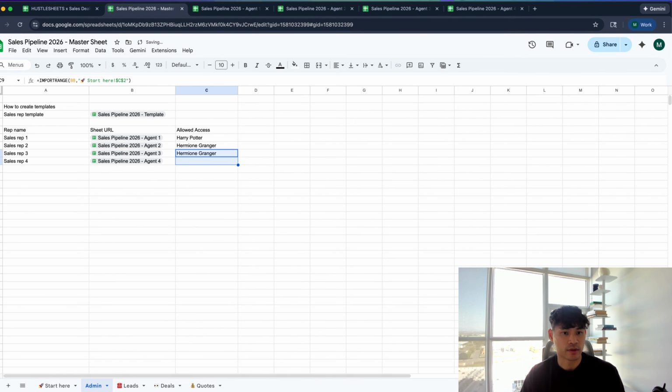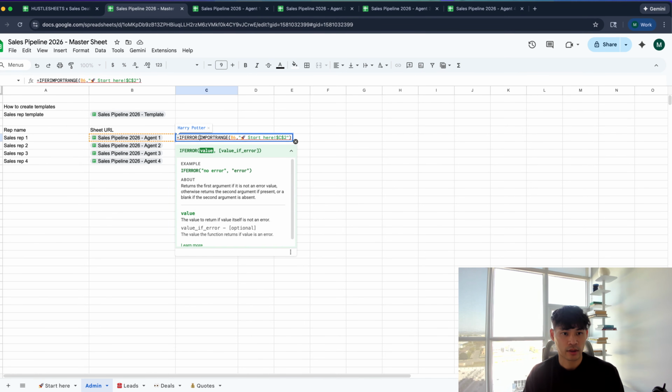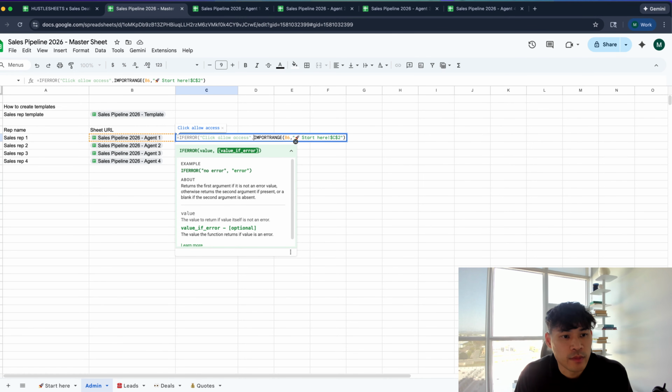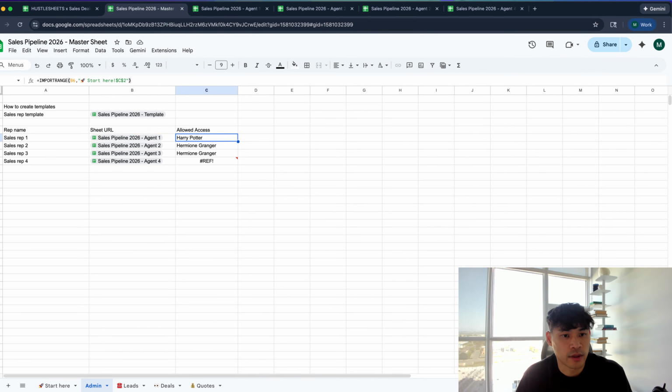Then what will it say? So it'll say hit allow access, allowed access, and then we can say if error, we can say click allow access. Value. Wait, how does this work again? So if, okay, so I'm going to say if error on this,